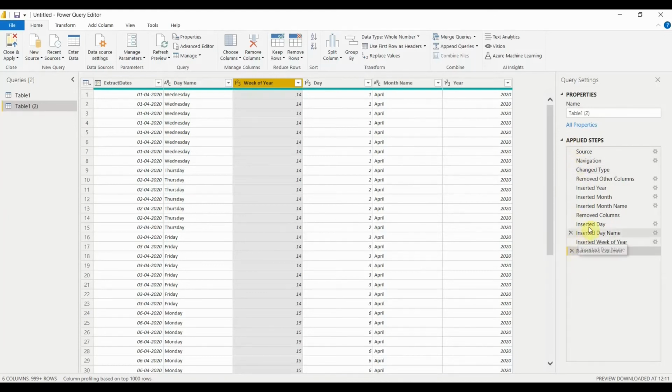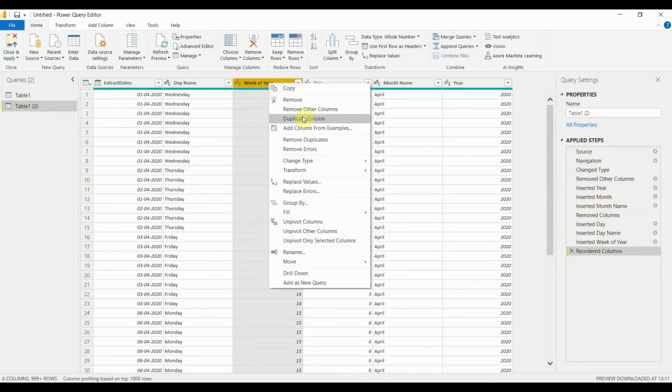If you see, we have inserted a day, we have inserted a day name, we have inserted a day of week. These are the steps that have been applied while working with this particular table. So, removing a column: as I've shown in the example, just right-click and select remove, which will remove the particular column that we have selected.